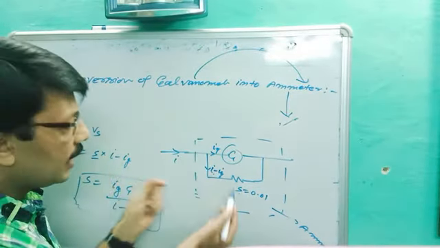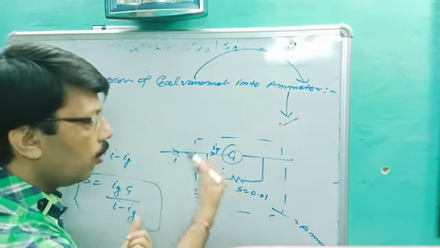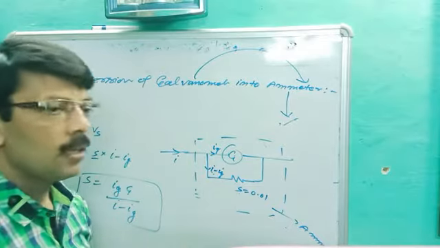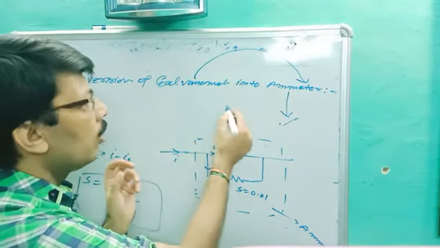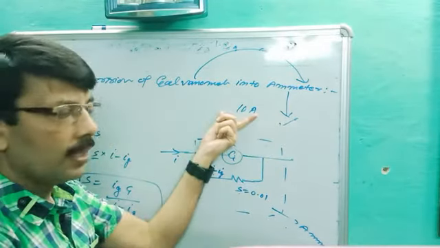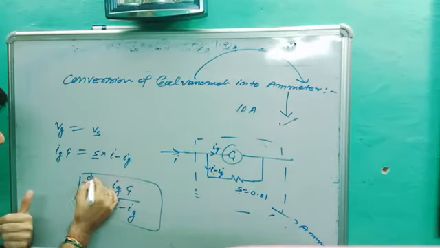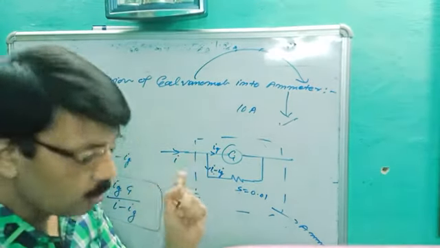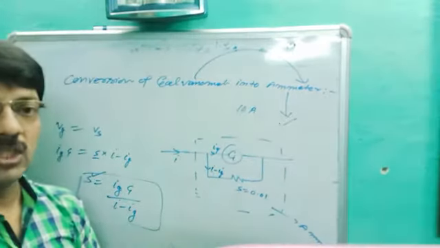So if we connect a very small ohm resistance wire in parallel with a galvanometer, then the whole device becomes an ammeter, and it should be connected in series. If I ask how you can make a 10 ampere range ammeter, it means I is equal to 10 and Ig is given, so you can find the value of S, and the value of S which you get should always be connected in parallel. This is the concept of physics.